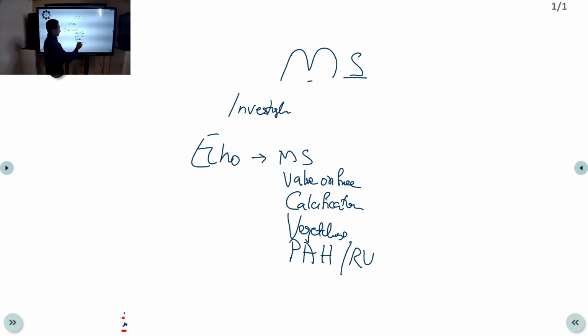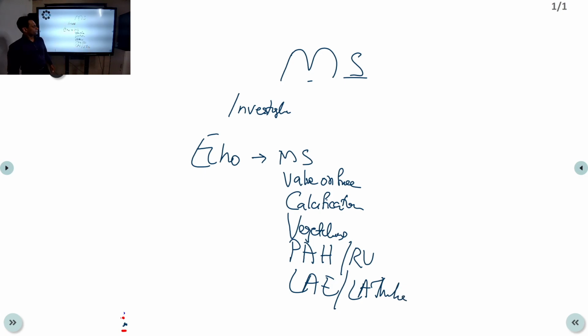Understood? Left atrial enlargement. If the patient has atrial fibrillation, you look for left atrial thrombus. Understood? Vegetations, left atrial thrombus, pulmonary artery hypertension. So in mitral stenosis, you look and confirm whether other valves are involved. Clear? So I believe I've given you a brief overview of mitral stenosis, the common etiology, that is rheumatic heart